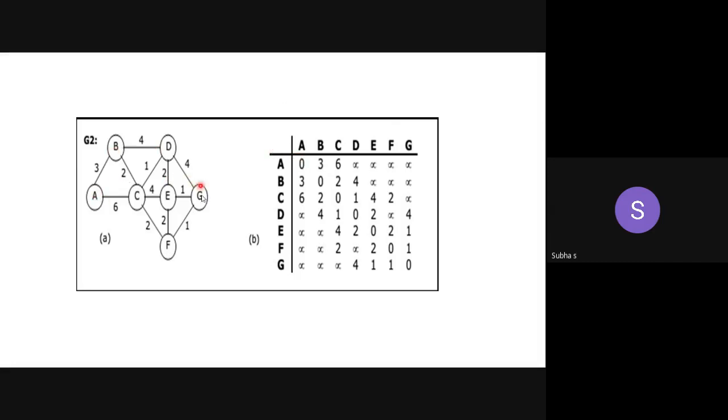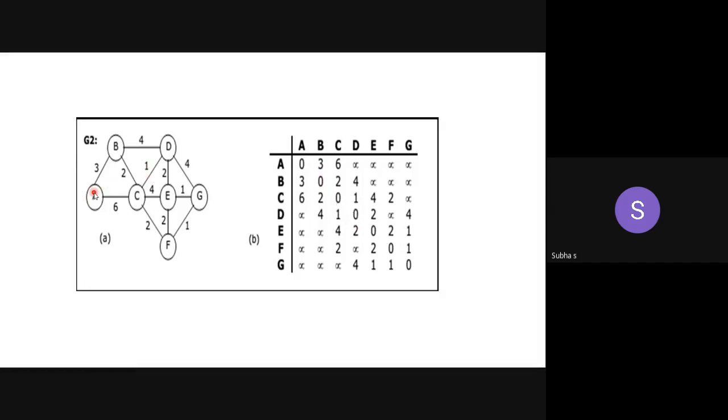For the weighted graph, there is no path from A to A. There is no path from B to B. First check whether a self loop is there. There is no self loop at all. So see the diagonal values. This is the diagonal of the matrix. You can directly first put all the self loop values as 0, because there is no path from A to itself, no path from B to B, C to C. So put it as 0.